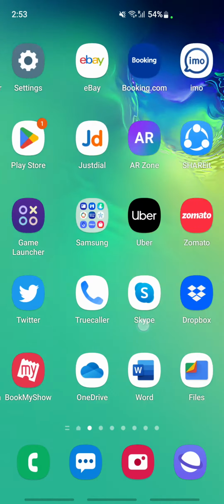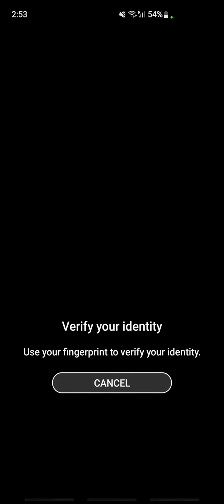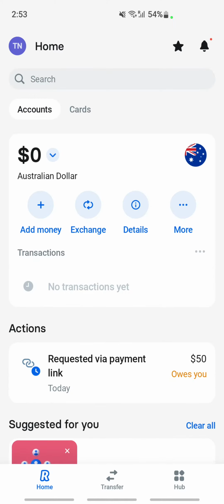Firstly, open up Revolut and log into your account. So let me do that. I'm opening up my Revolut and let me log in first. So just gonna log in. Alright, okay, so once I've logged in here, what you're going to do now is click on your